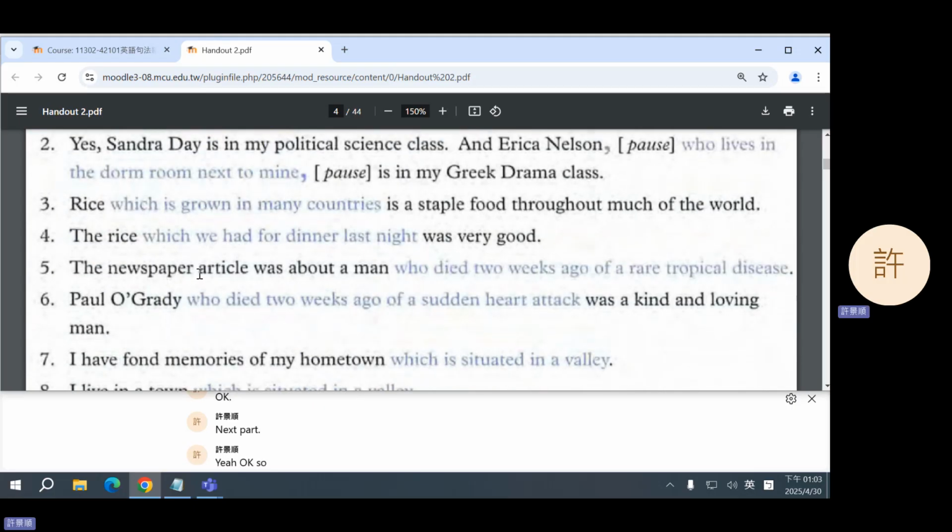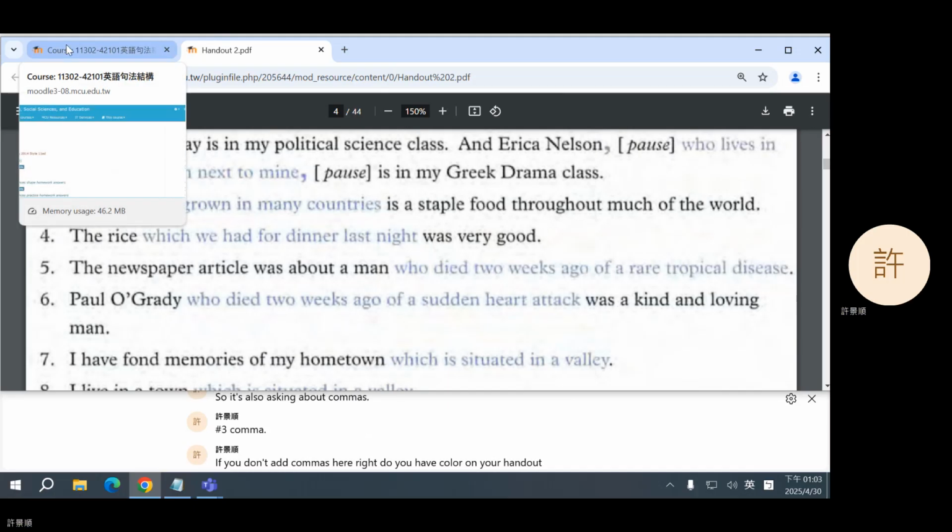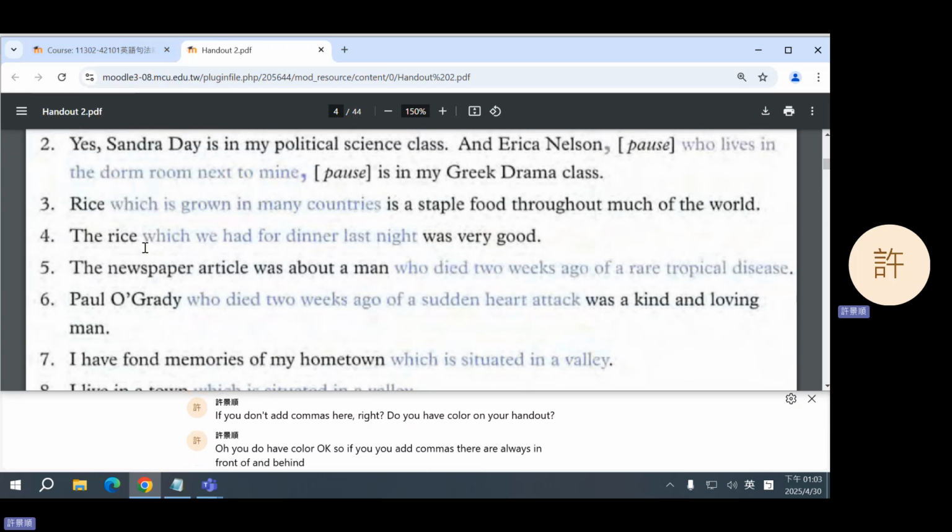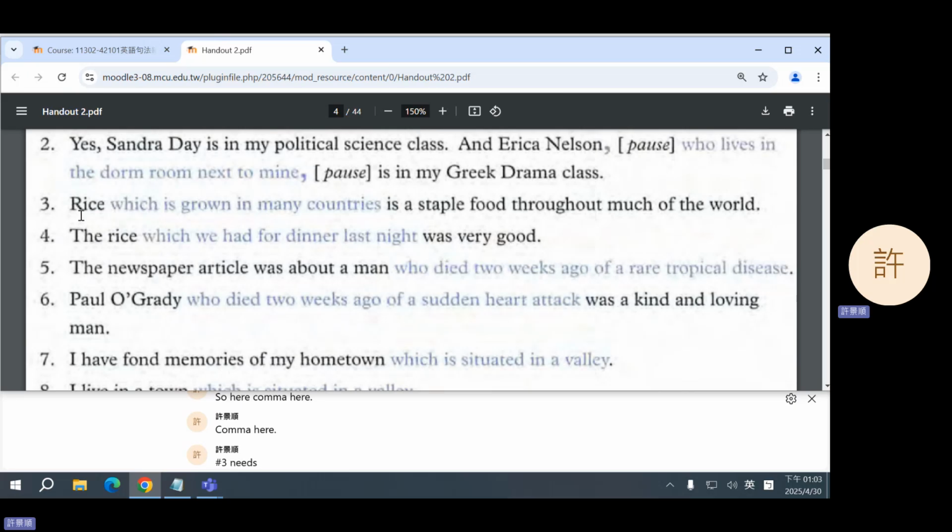Yeah, okay, so it's also asking about commas. Number 3, commas. If you don't add commas here, right? Do you have color on your handout? Oh, you do have color. Okay, so if you add commas, they are always in front of and behind the gray parts, right? So here, comma here. Number 3 needs commas because if you don't have commas, then what you're saying is only